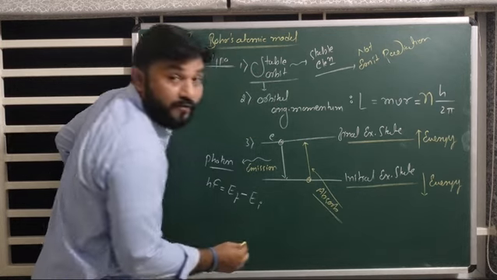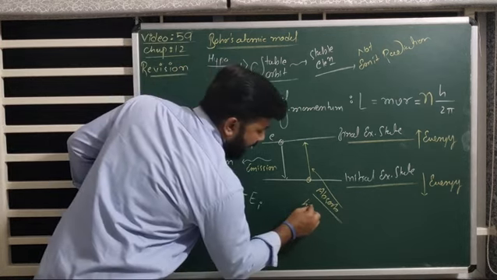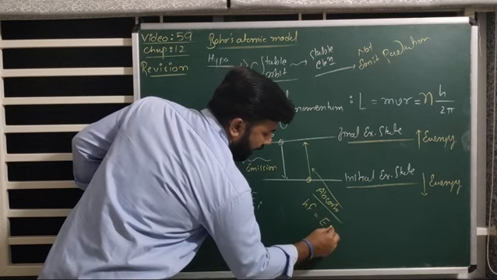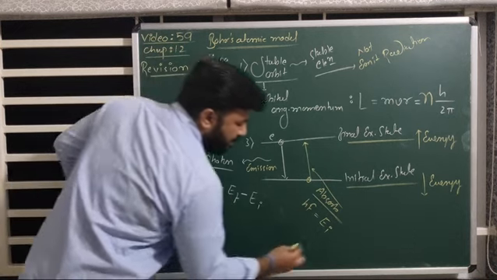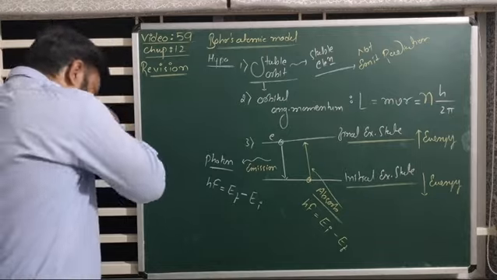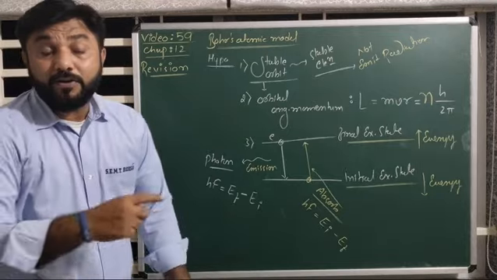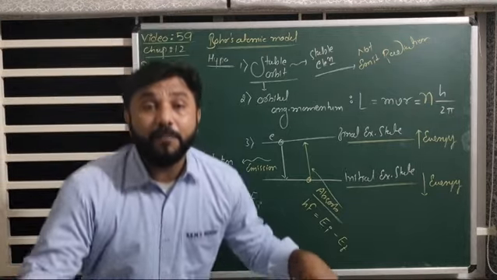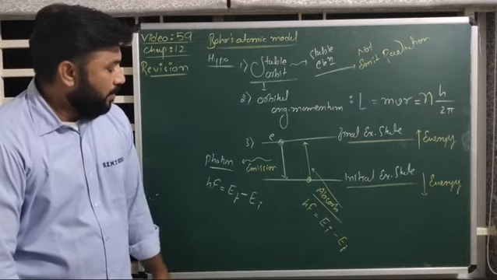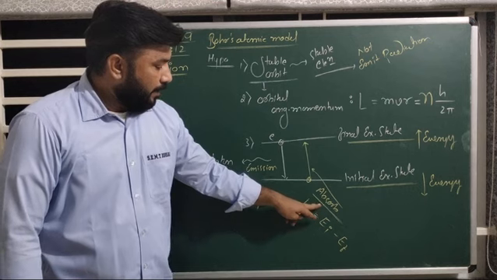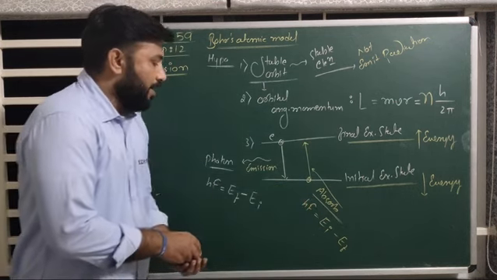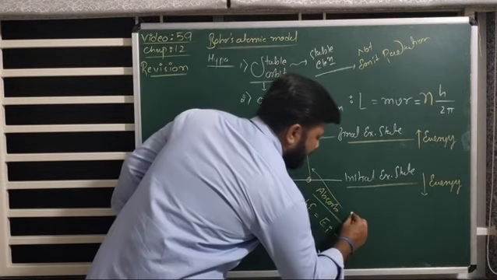The energy of a photon, hf, equal to Ei minus Ef. If it absorbs the energy equivalent to that energy difference, then it may go from a low energy level to a high energy level. So here, low to high, it absorbs the energy and you will get the spectral lines that are known as